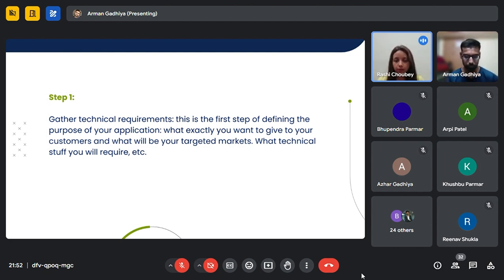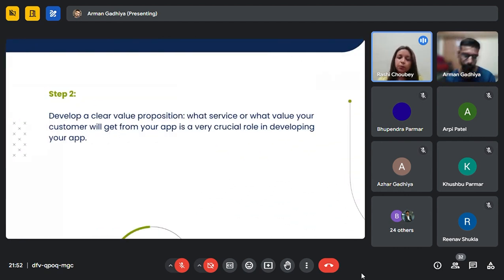So this is step one. And step two, okay. So step two is develop a clear value proposition, which means that you have to know what the services are and what problem you are solving for your customers,